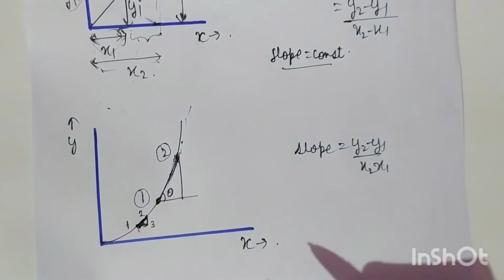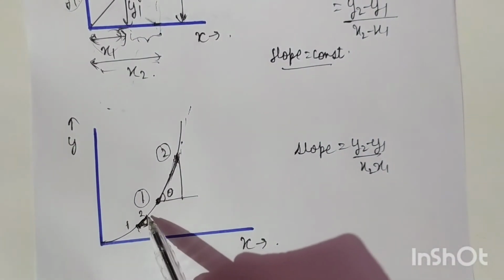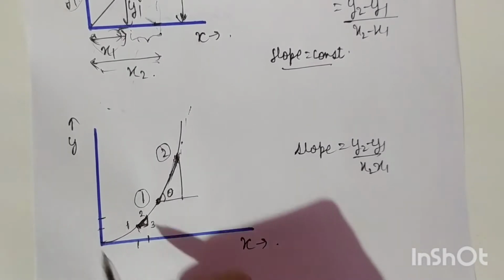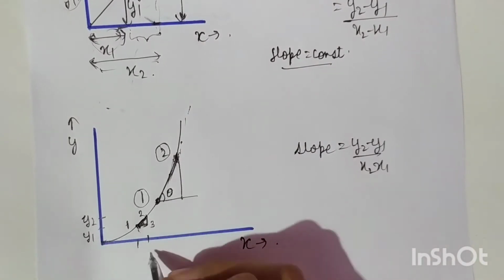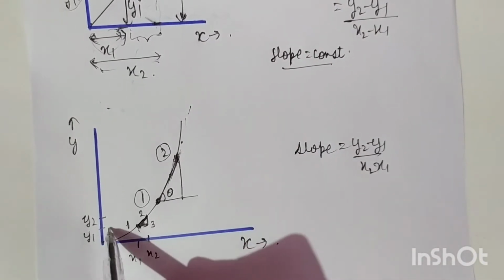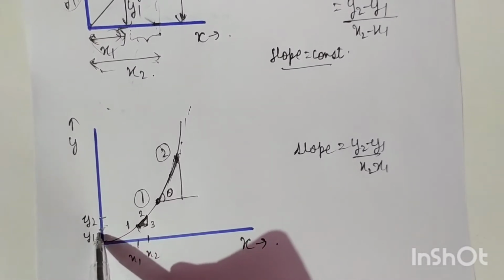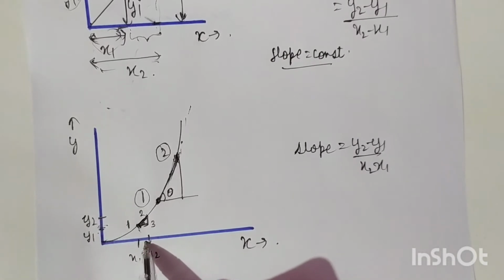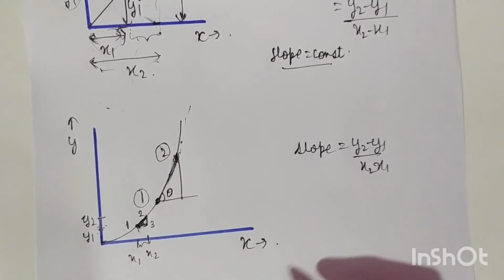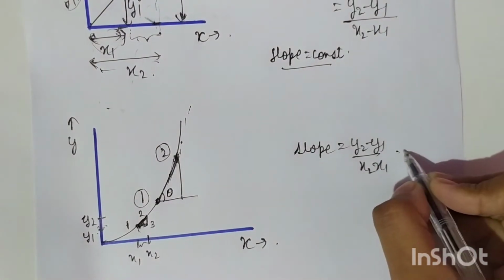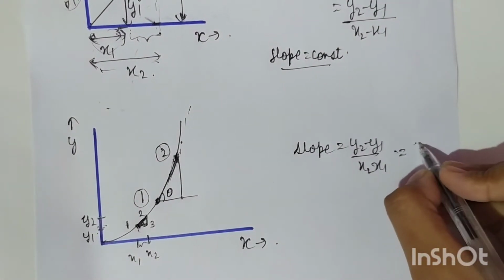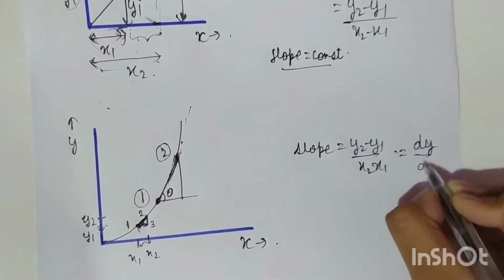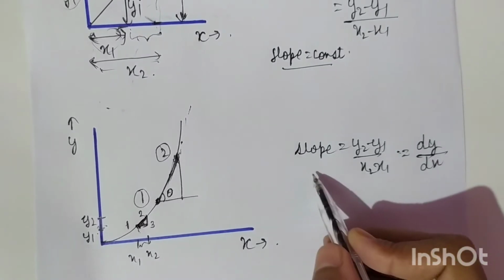Now we have seen one thing in this case. What is that? The distance between these two, the y2 point and y1 point, and the x2 point and x1 point. Okay, this was our y2 and this is y1, this is x2 and this is x1. So the distance between y2 and y1 is very small as compared to the earlier case, and in the same way the distance between x2 and x1 is also small. So what we can say, this is small. Due to this very small distance, or we can say very small change in distance, we can write it as dy by dx. Okay, now we can write the slope as dy by dx.